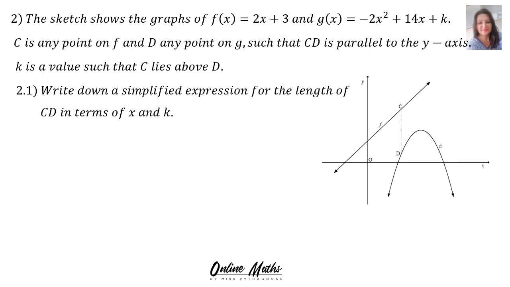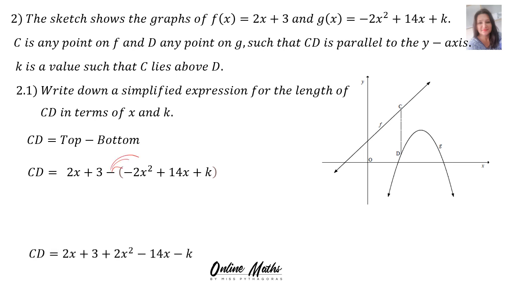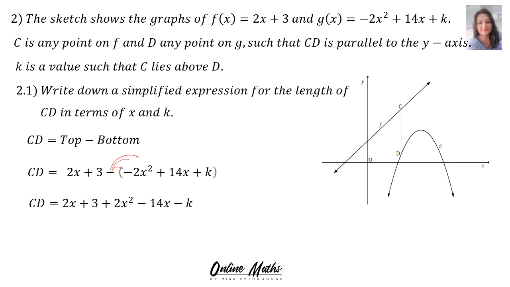So to work out an expression for the length, we will say CD equals the top graph minus the bottom. Therefore, it's the straight line minus the parabola. And we end with CD equals 2x plus 3 minus bracket, the parabola, minus 2x squared plus 14x plus k. And then you can multiply in the minus and you end with 2x plus 3 plus 2x squared minus